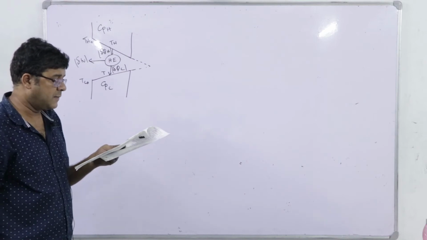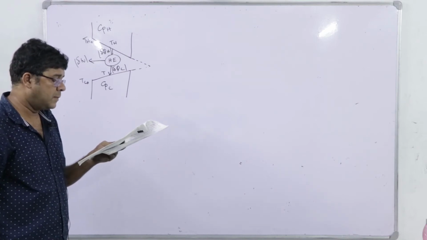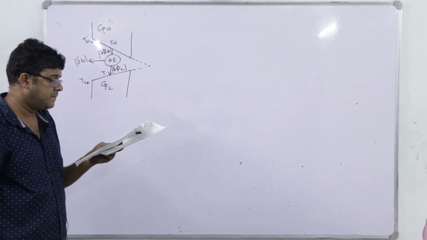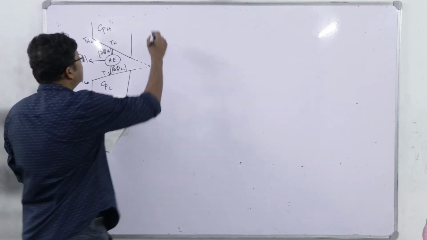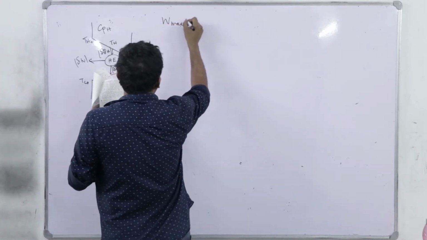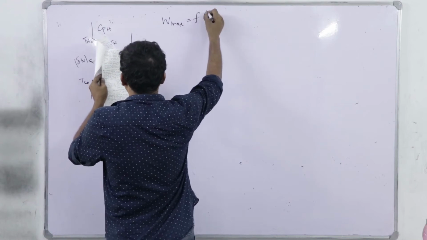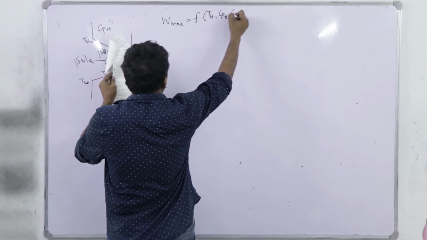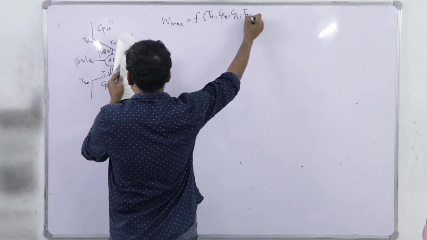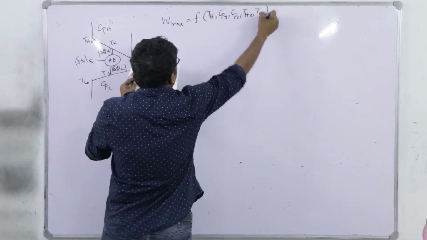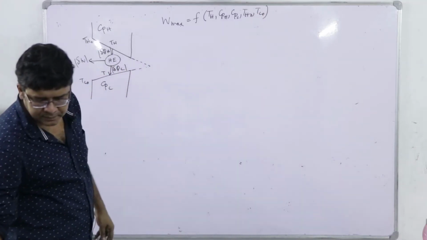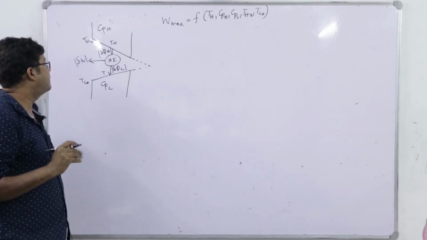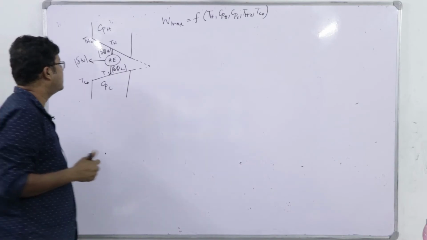Find the equation of maximum work obtainable by decreasing the hot reservoir temperature from TH naught to TH. Express your result. We have to write maximum work as a function of TH, CPH, CPC, TH naught and TC naught, right. So, you see, it will deliver maximum work if the system operates in a Carnot cycle.